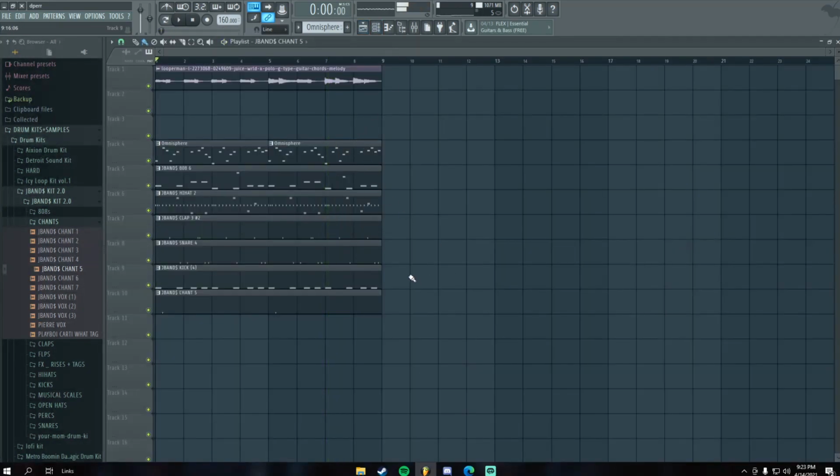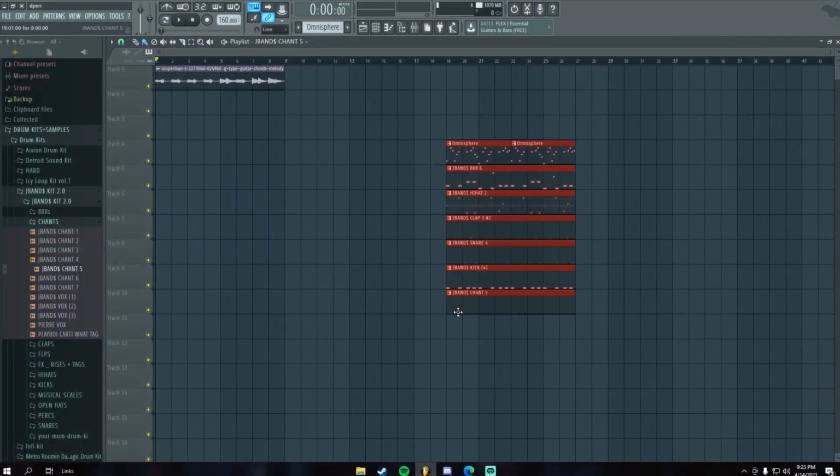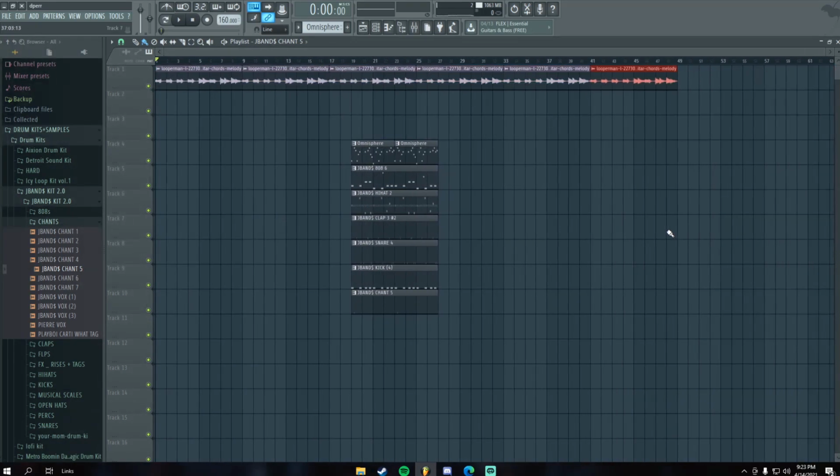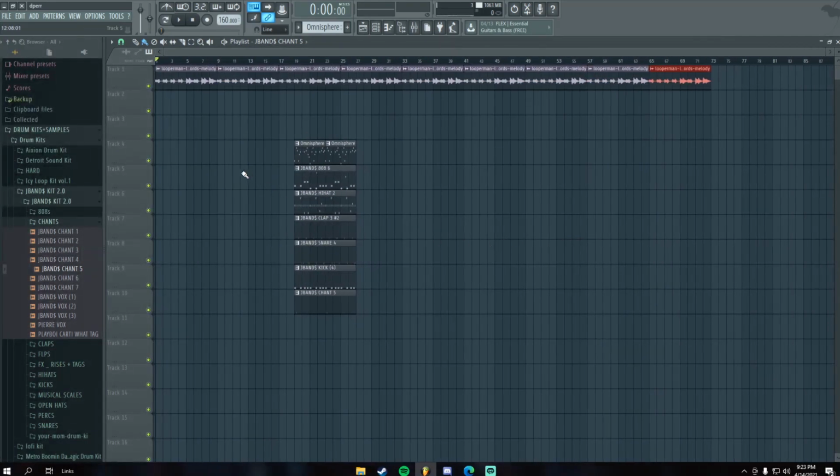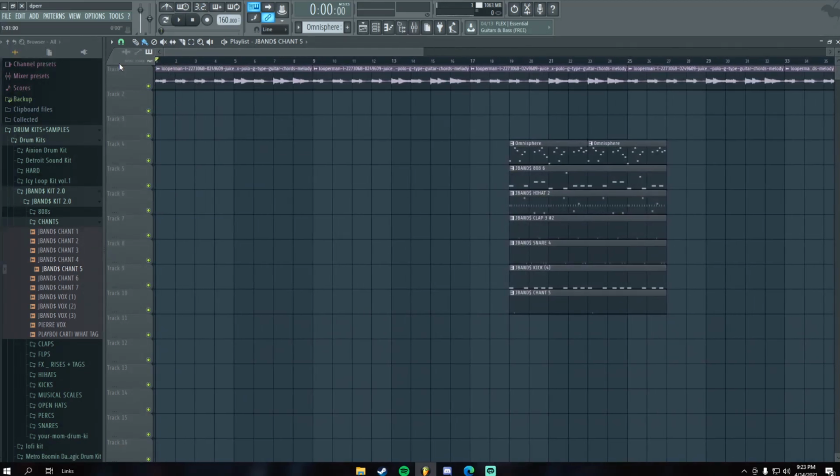Perfect. Now I am going to arrange this beat. So I'm gonna kind of move all these guys over here, and I'm gonna zoom out. This melody, I kind of want this happening all the time, and I'm copying this over by pressing Control B, Control B, Control B. I'm gonna copy it all the way through our beat, just like that. Cool. All right. So maybe I want to start off with one bar of just the guitar, you know, and I think